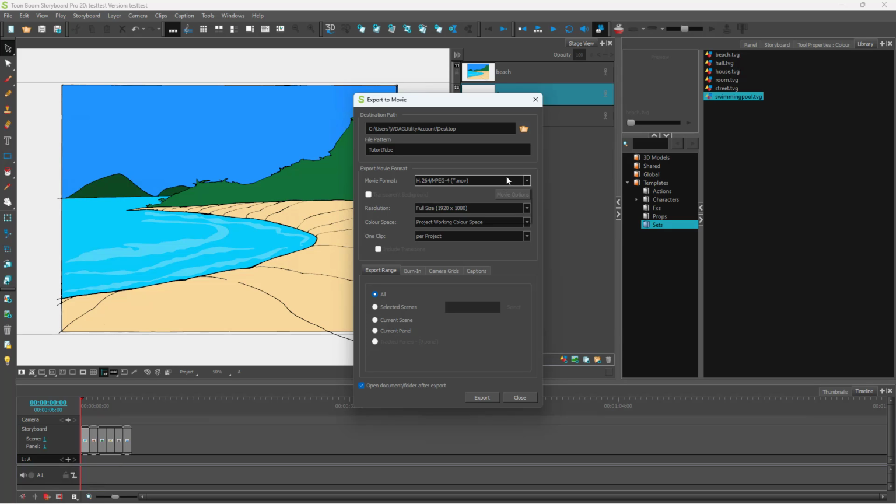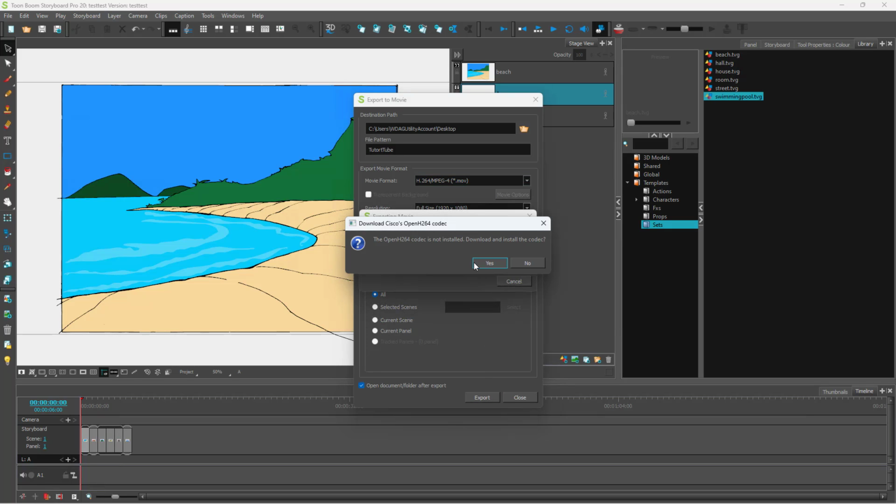If I were to go over here, you can choose different options. For H.264, there is no more option. But depending on the format that you choose, you can go to more options over here as well and adjust that accordingly. Similarly, for different formats you can see there are different options that pop up. I'm just going to keep this as it is, and it also says open document folder after export. I'm just going to keep this on and click on export, and it says